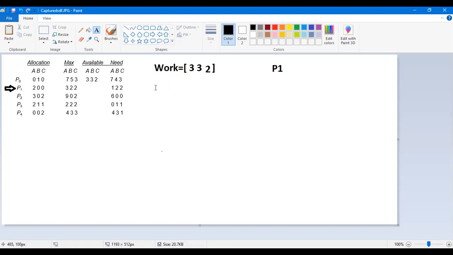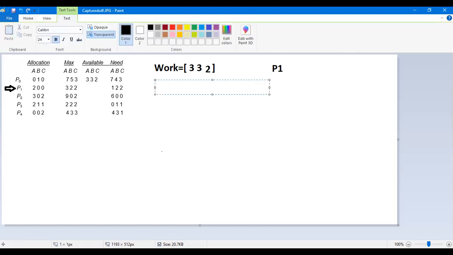So your work will be work plus 3, 2, 2. 322 is the maximum demand of that particular process which we have already executed.